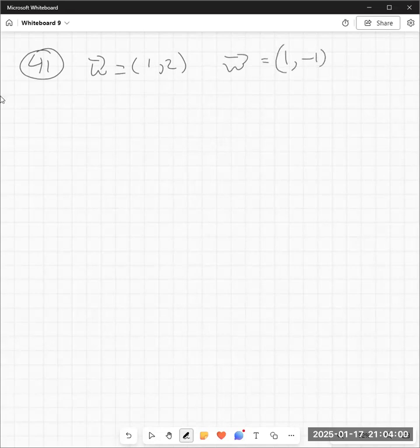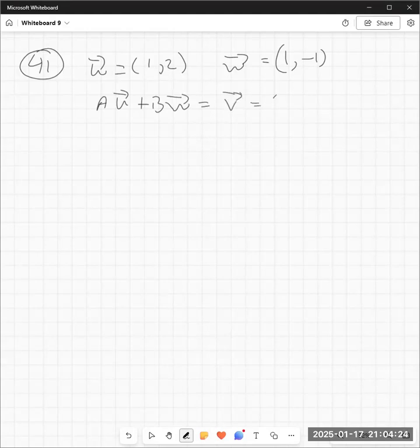And we want to know if we can get some constant multiples of u and w, that I'm going to say a u plus b w is equal to v,